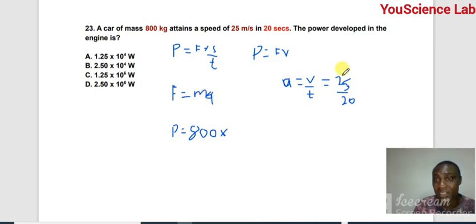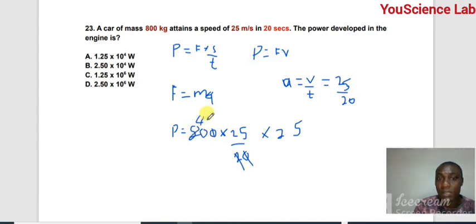So the mass times the acceleration is what? 25 divided by 20 times the velocity. The velocity is 25. Now notice that here I did not cancel, because I know fully well that I can cancel from here. So when I cancel out this, I'll be left with